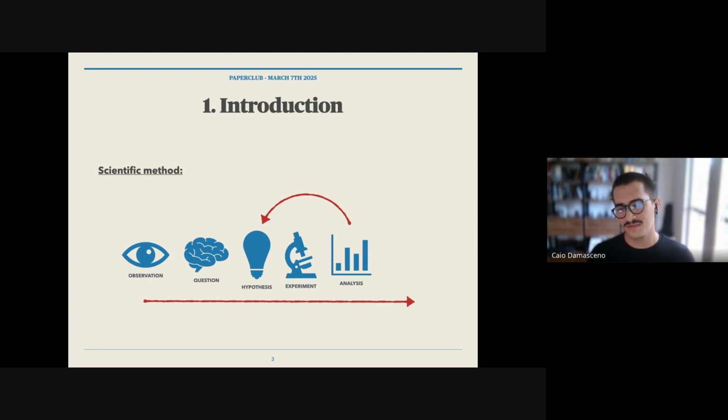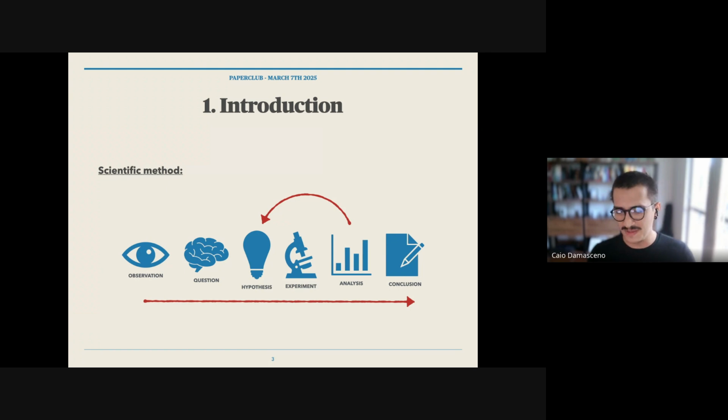But at some point, we are glad with our conclusions. We see that there is no reason to get experimenting again. Our hypothesis might be valid or not, and it brings a conclusion. So this is the regular pipeline for the scientific method. It can happen in various different ways depending on the field you are thinking about and trying to learn about.